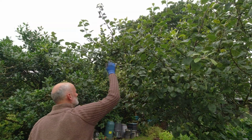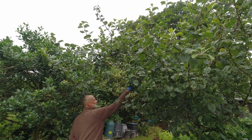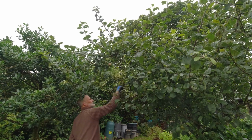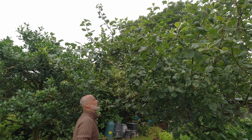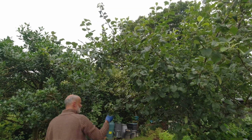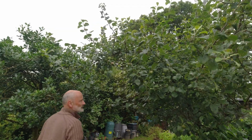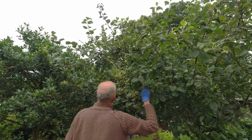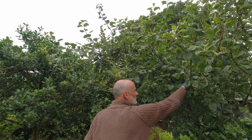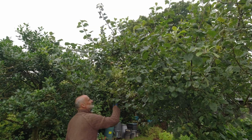So let's take out a few of these extra apples. I'm going to remove the smallest ones in any groups in the interest of leaving some of the bigger ones to get on and develop and hopefully get a bit bigger than they did last year, which, to be honest, was not particularly big. And there are some that I thinned out earlier on a few weeks back, and they've certainly proven that they can grow on a bit thicker and a bit fatter, which is what I want. And there's plenty of these